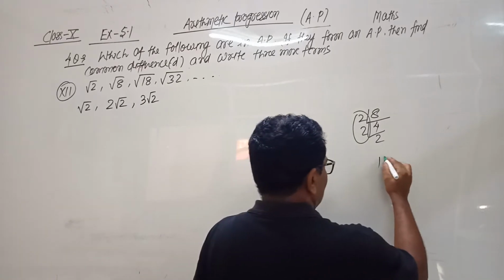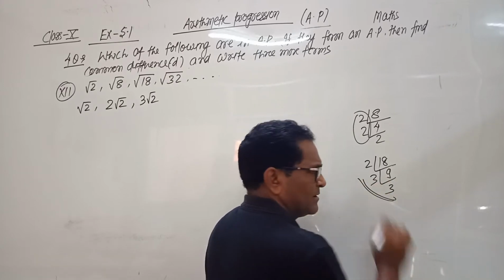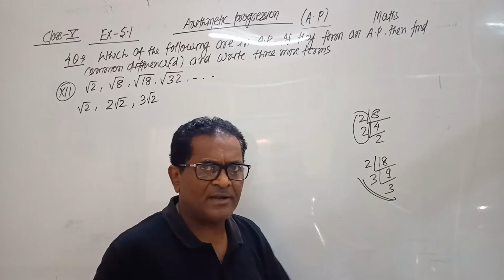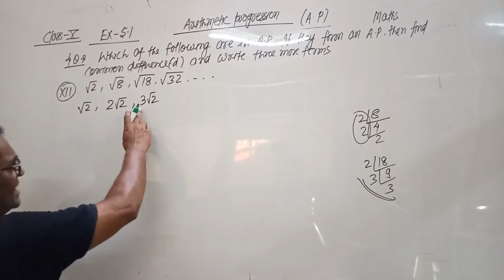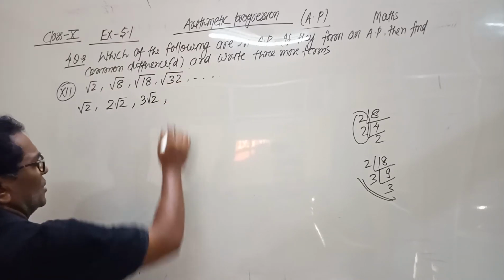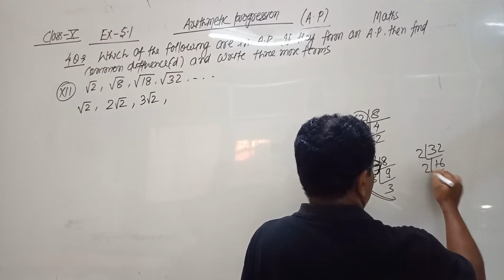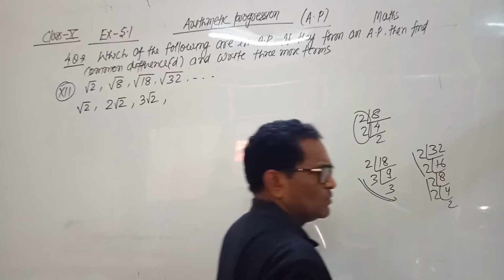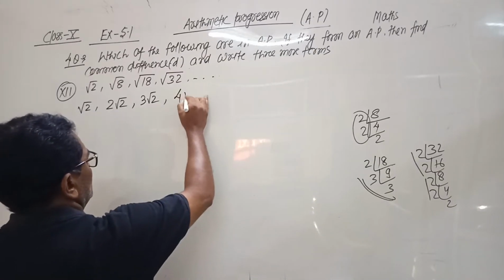Similarly, root 18 is written as 3 root 2. How? To make the factors of 18, it goes by 2, it goes by 3. Take a pair. For a pair we write 1 time, and for a single term we write it as a square root. So 3 into 3, this is a pair. So 3 is taken outside and the remaining root 2 is written in the root. Root 32. So make its factors: 16, 8, 4, 2. There are 2 pairs of 2. So 1 times 2 and 1 times 2. 2 into 2, 4. We can write 4 root 2.